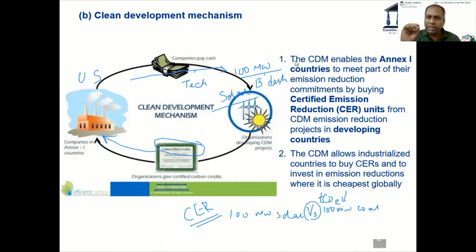Now, I'll ask you another question. Does this bring down the net CO2 emission at a global level? Does this CDM bring down the net CO2 emission at the global level? In terms of simple yes or